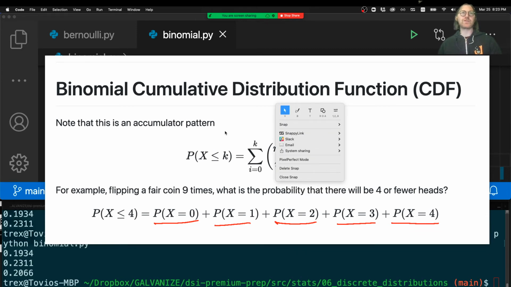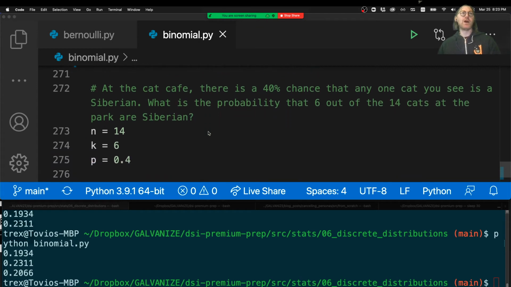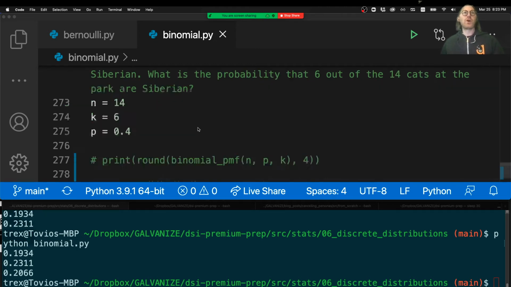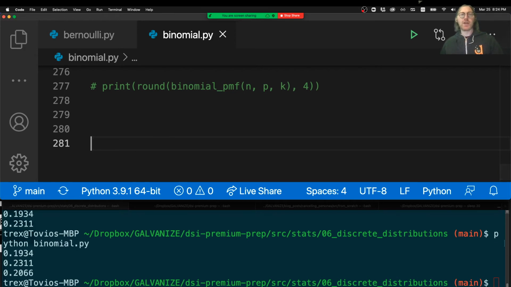So what kind of questions can you answer with this? Let's look at this one. At the cat cafe, there's a 40% chance that any cat you see is a Siberian. What's the probability that 6 out of the 14 cats at the cafe are Siberians? You could ask the question, what is the probability of 6 or fewer? Or you could ask the probability of 6 or more of the 14 cats that you see at the cafe are Siberians. So those are answerable questions with a